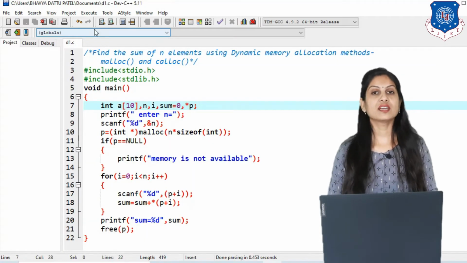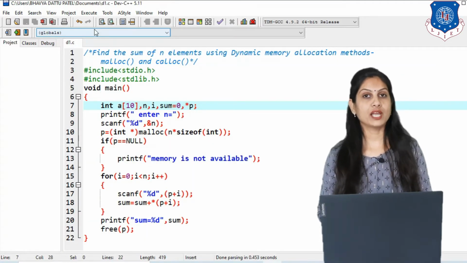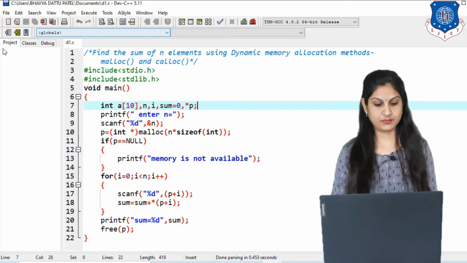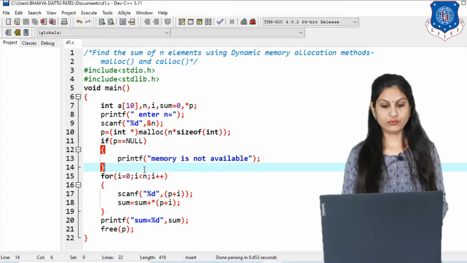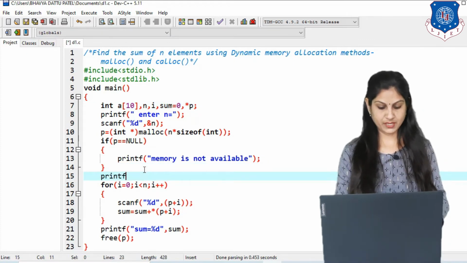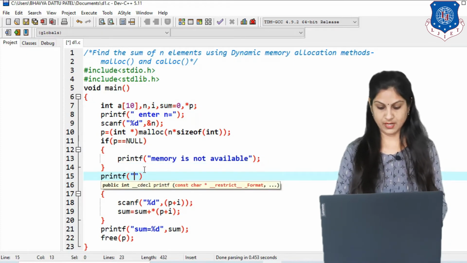So likewise you can perform any program using the DMA concept. Here I am putting a message before the for loop, that is printf enter elements.